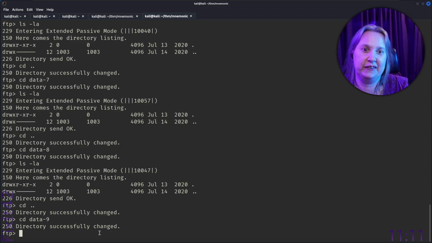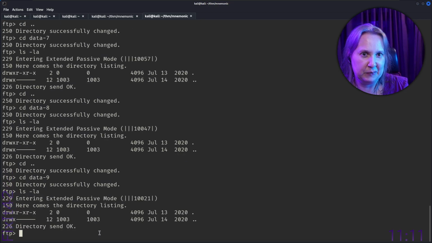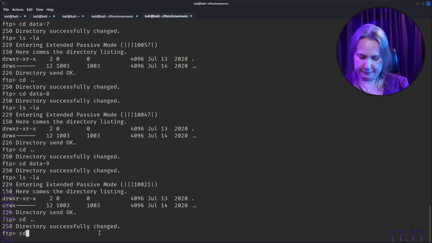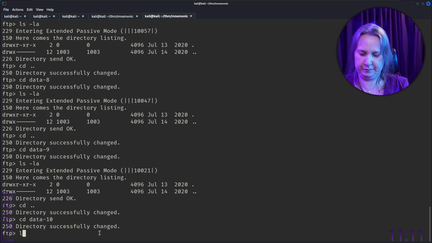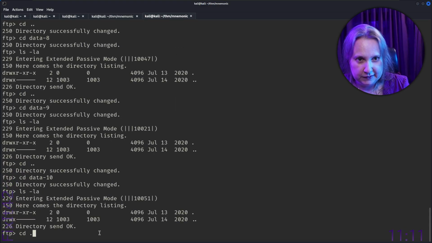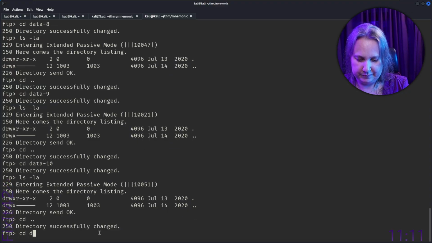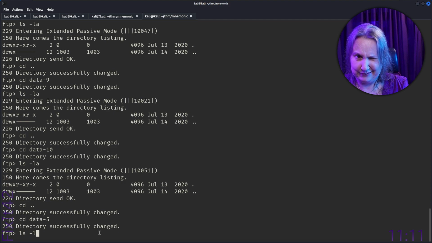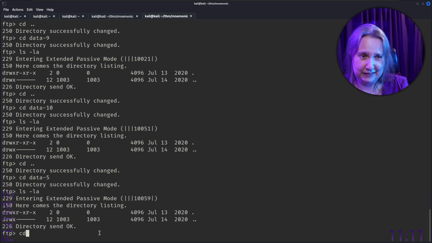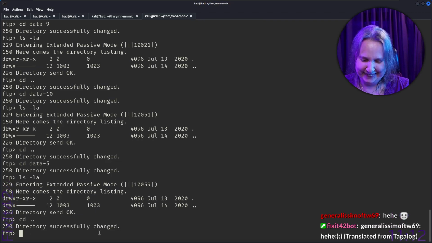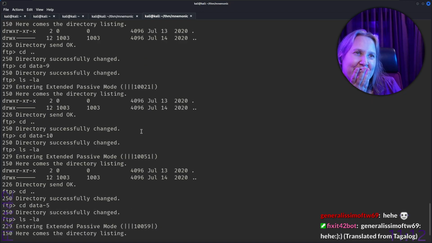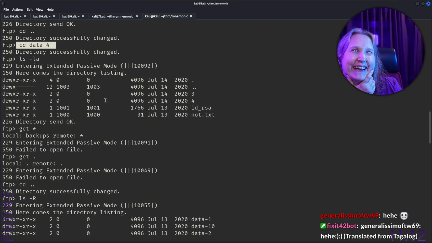Though it seems kind of like an easy one, right? Nothing complicated on this one. We're at the last one. Data 10. So there was nothing more. So let's go back to data 5. No, 4. What? Translated from Tagalog. I'm like, okay, I better scroll up because I'm not gonna find it again. Yeah, it's 4. I even marked it.